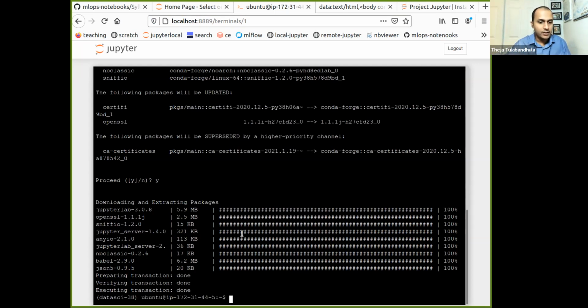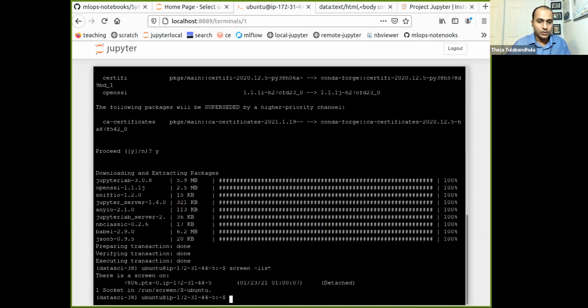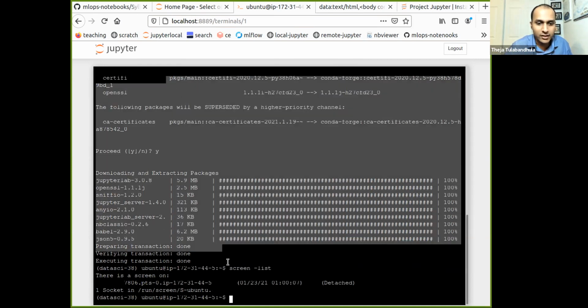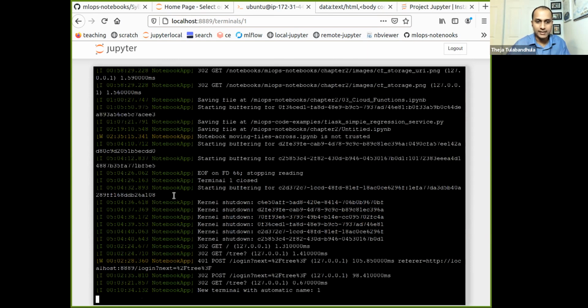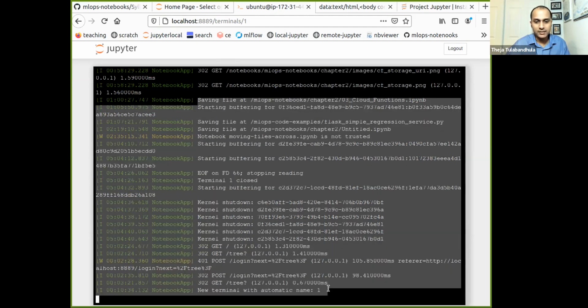So let's see. Okay, we ran this, and now it's installed. Now let's go to screen. By the way, I think the font is unfortunately not good here, but I hope folks can see what I'm trying to do. I just did screen -list to get a sense of what is running. And we know there is some screen session running. If I do screen -R, I'll just reconnect and you'll see exactly the type of prints that you see when you start a Jupyter server, right?